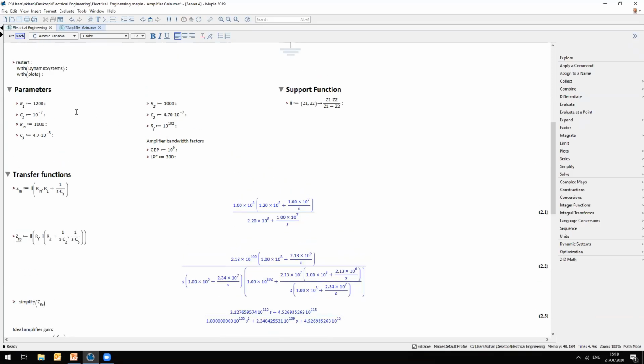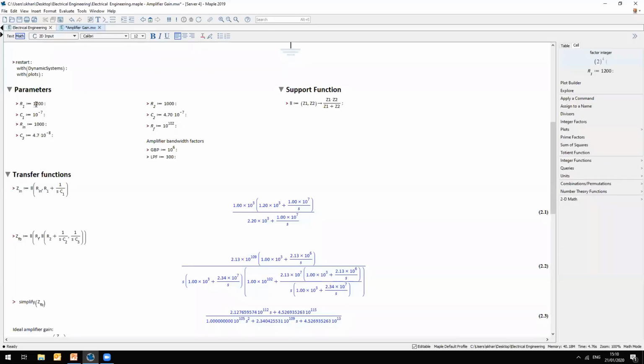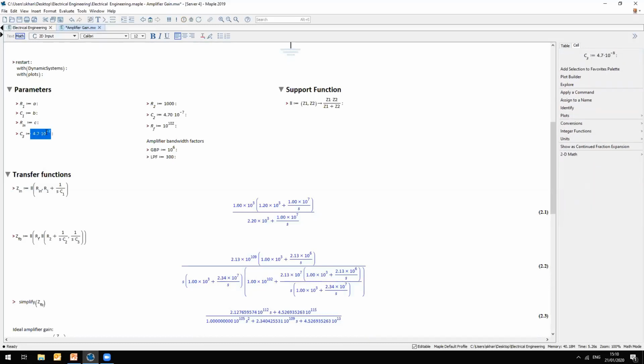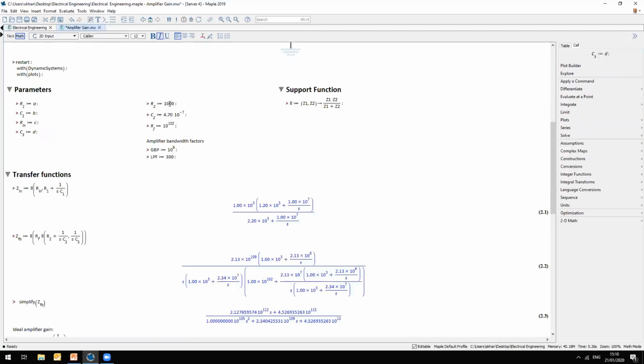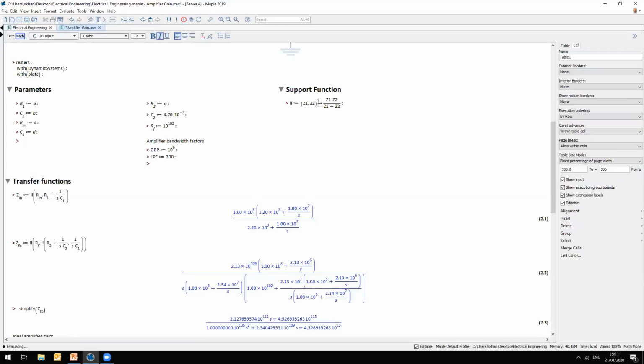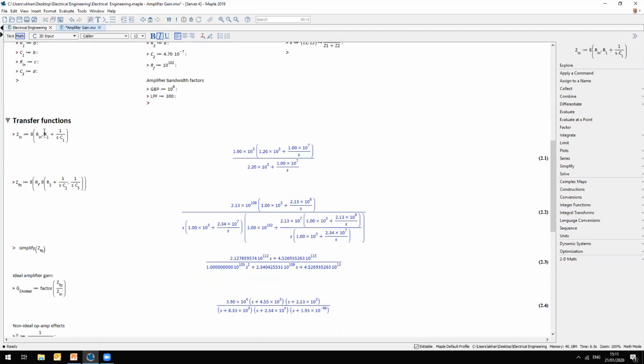Now, I had purely numeric parameters in here. What happens if I change some of these parameters to unknown symbolic names? Let's just go with those. So let me just execute these definitions, and let's see what we get. So let's update this equation. So as soon as I hit enter,